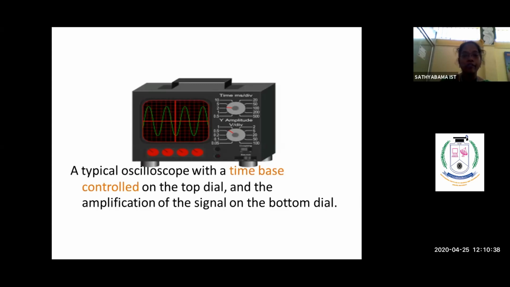In general, the height of your waveform is amplitude. So how will you measure the time period? Always, even though the waveform is a sinusoidal waveform, the time taken for one positive and one negative cycle is called the total time interval. Here, the time taken for one positive cycle is called the on-time interval, and the time taken for one negative cycle is called the off-time interval. By combining this, what are we getting? The total one-cycle time period. It is used to measure what? The frequency of oscillation.